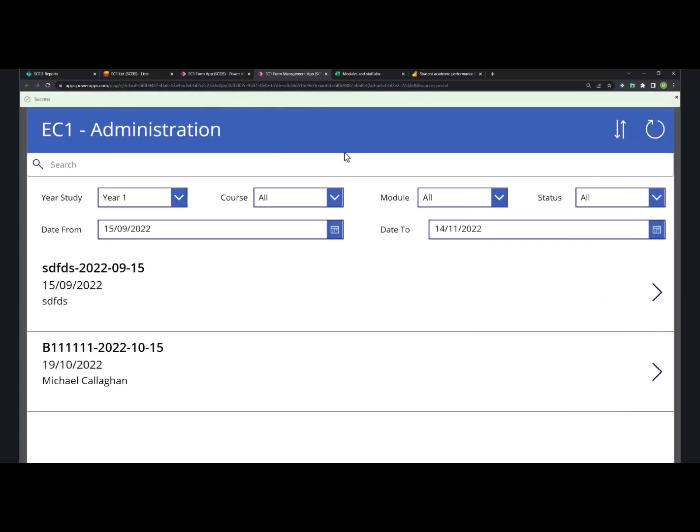Okay, so what that does is effectively create a digital version of the existing PDF form. Now, everything I've done in both the form to capture, which is a Power App, and the form to administer, is stored here. So the interesting part then